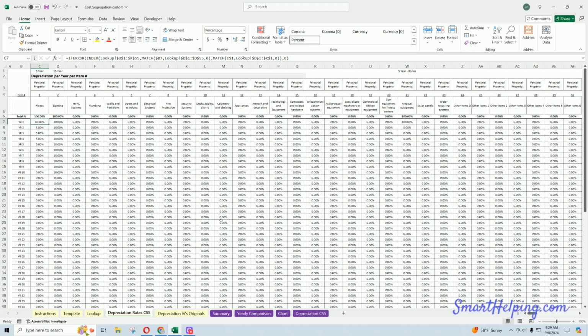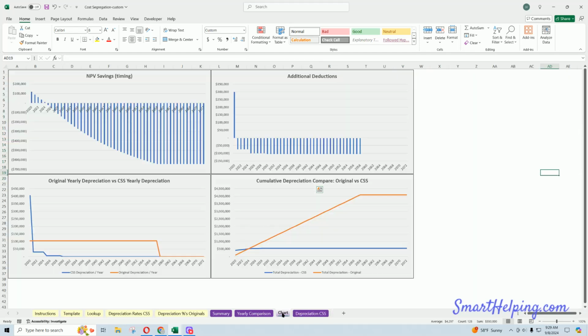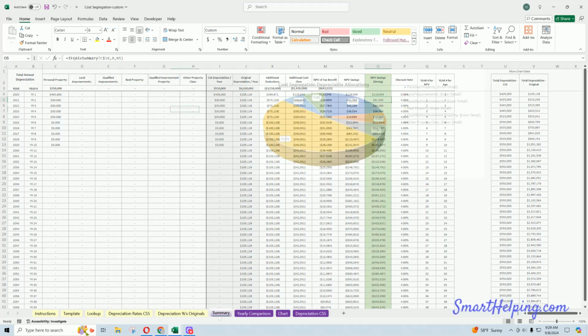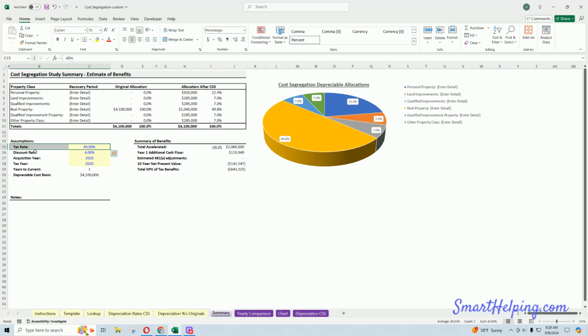But the point of this is you do the study once, and you can project what your depreciation expense might be, which is good for tax planning in the future, and you can also estimate what your net present value savings is. Now these are arbitrary numbers, so the numbers you see here don't really mean anything until you put in real data. But the nice thing is you can see, based on a tax rate, a discount rate, and the acquisition tax year, a lot of different summaries: how much you're accelerating, what your year 1 cash flow is. For example, if you're doing this retroactively,